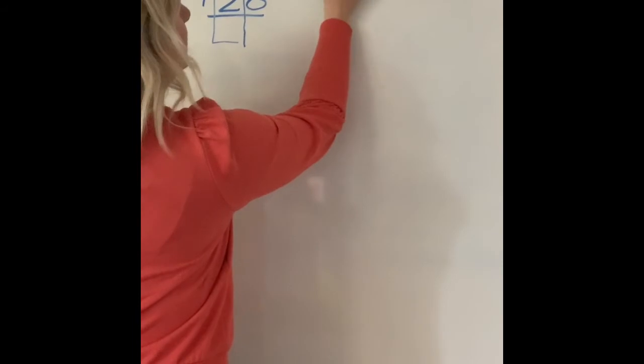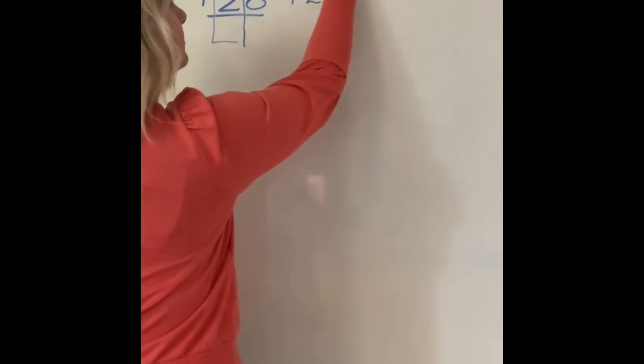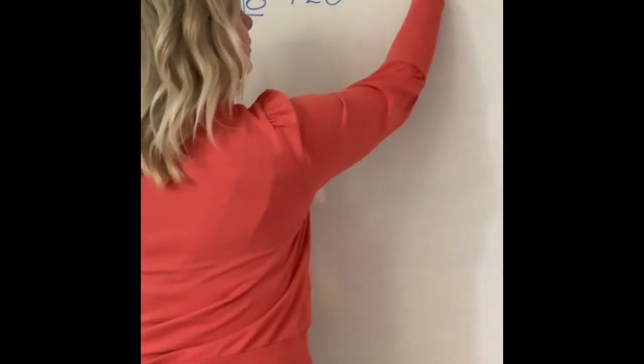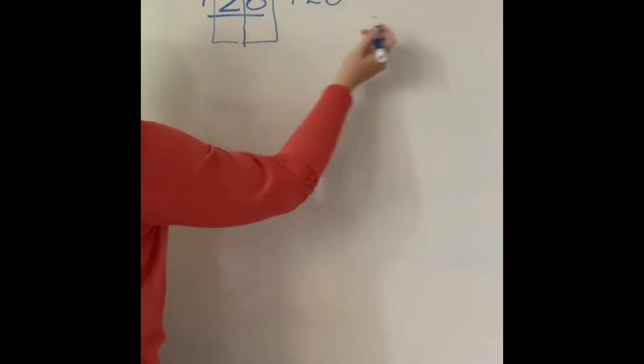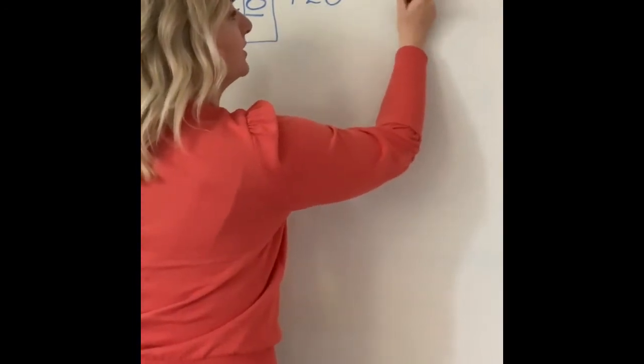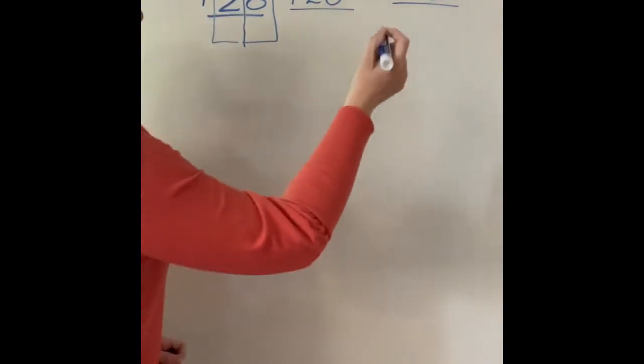So I have 30 plus 20 for the 10s. And for the 1s, I have 7 plus 8. So 7 plus 8,